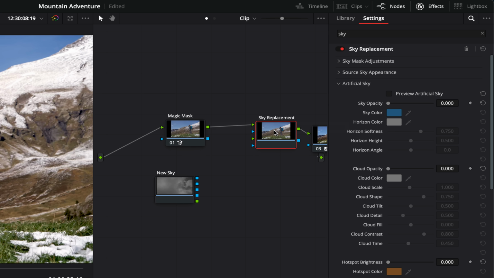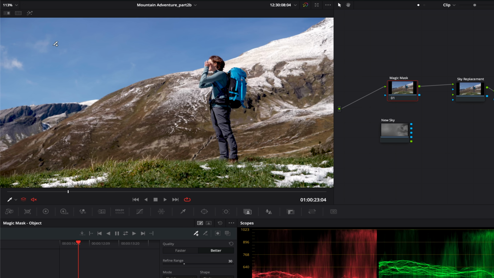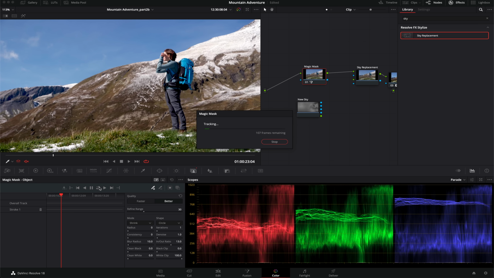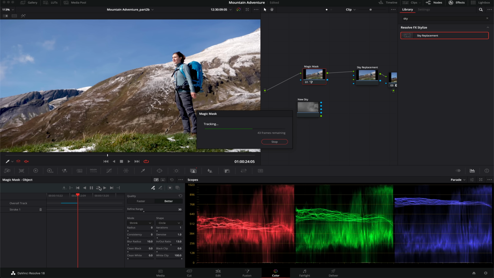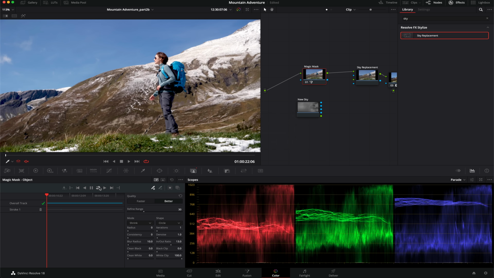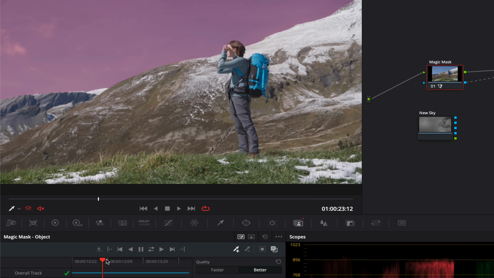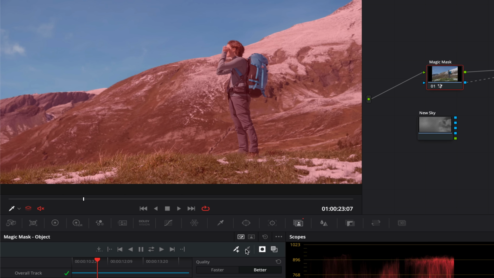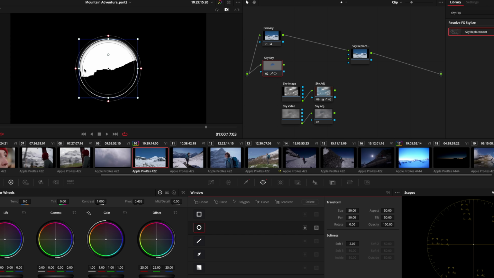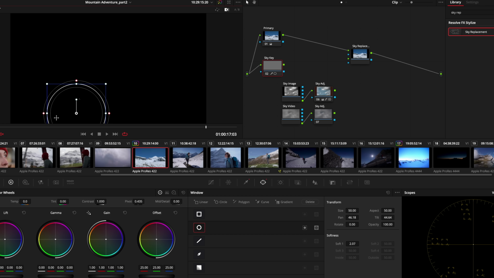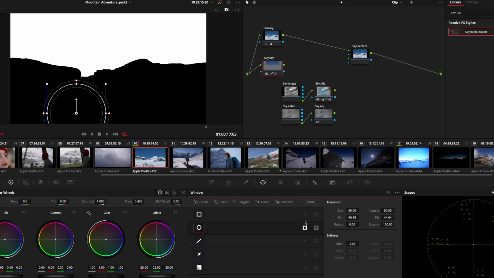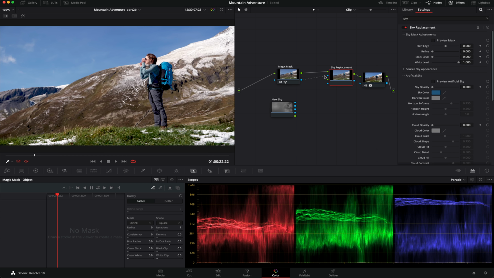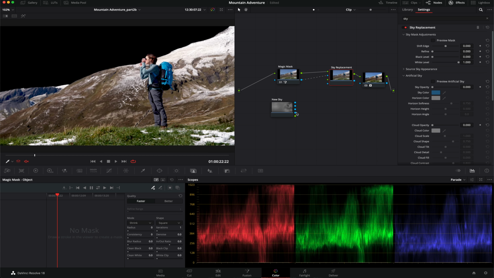The Sky Replacement tool lets you quickly and easily replace sky in shots with B-roll or artificially generated sky textures. The Sky Replacement tool can keep the sky consistent between takes or provide more appropriate backgrounds to creatively affect color and mood. Plus, you can key the sky using a qualifier and power windows or magic masks, and then feed that key into the Sky Replacement node.